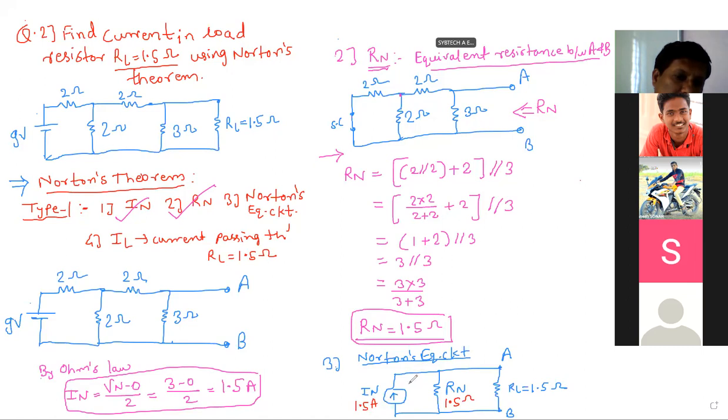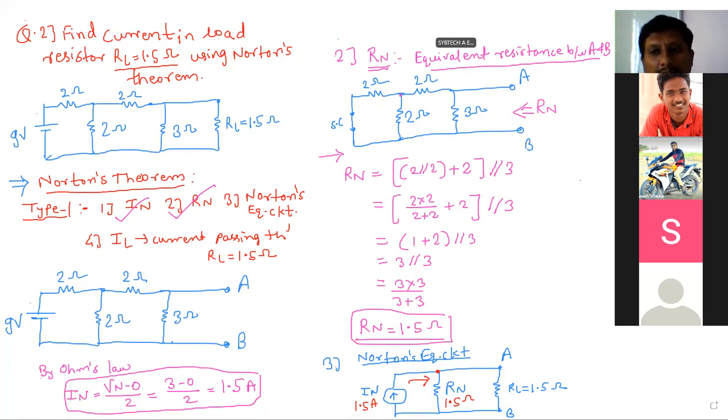So this current will flow up to this point, that is 1.5, and having two equal resistors, the same current will flow. The current will get divided exactly into two parts. The 1.5 will divide exactly because the resistors are the same. So orally you can say 1.5 is getting divided into two parts, 0.75 and 0.75. Orally also you can calculate, but we have to solve it mathematically.